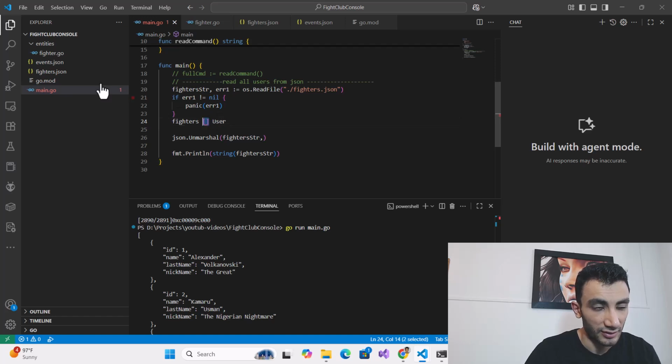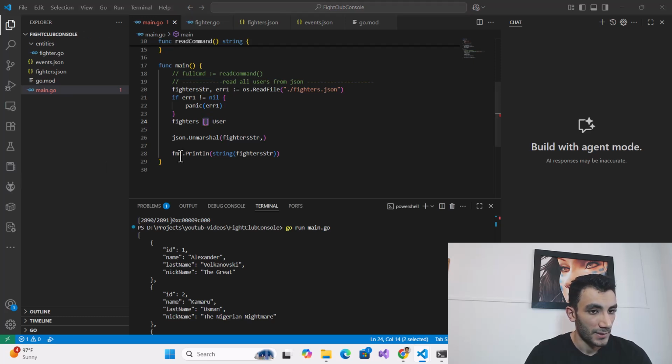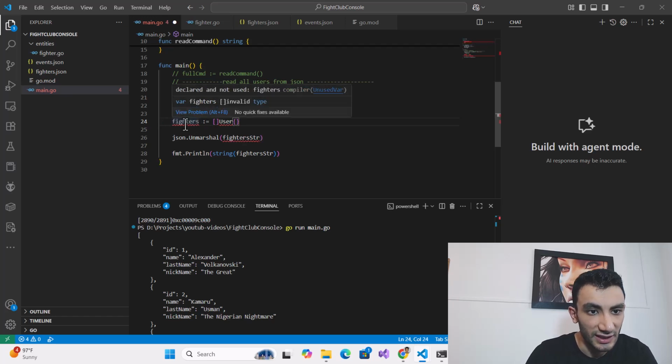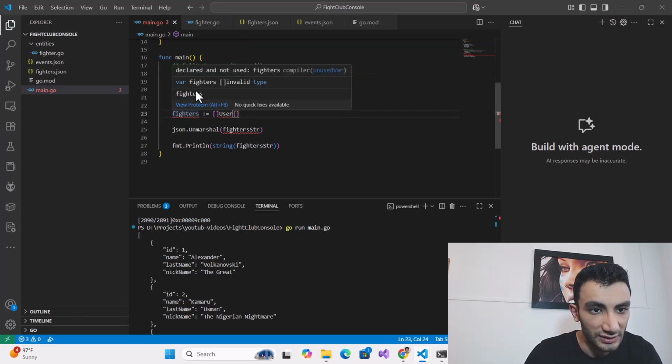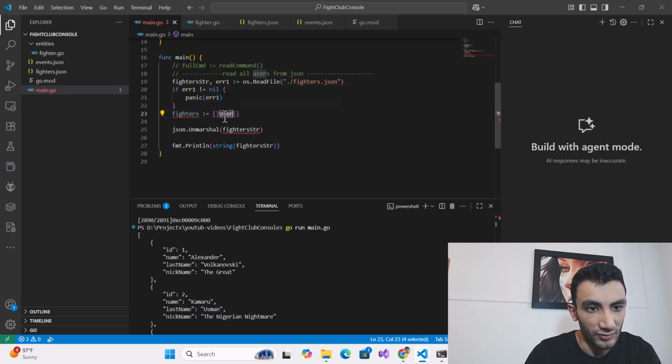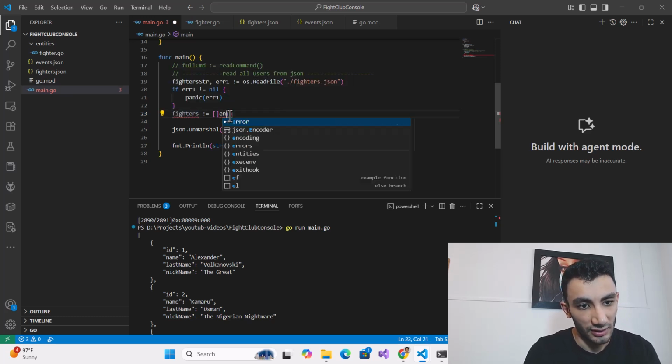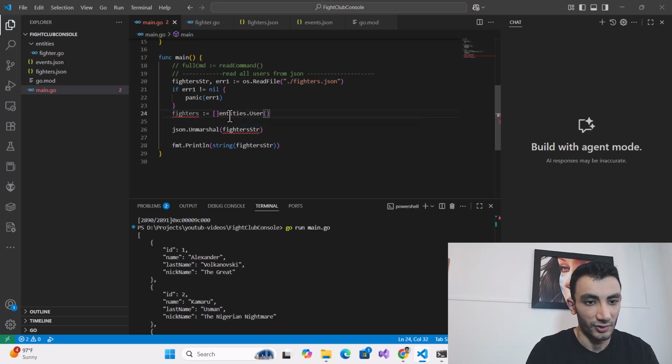A list of user, or var user type. Let's just instantiate that like that, but also I can define that. Okay, entities.user.